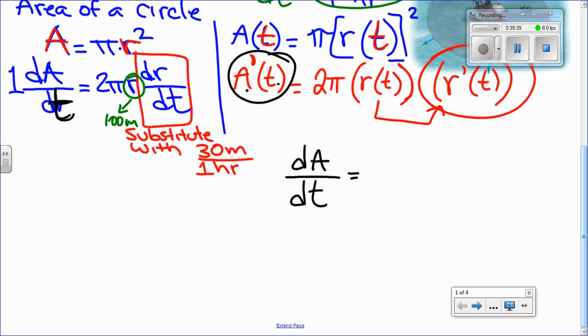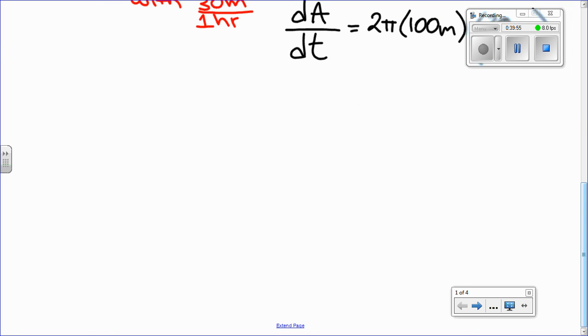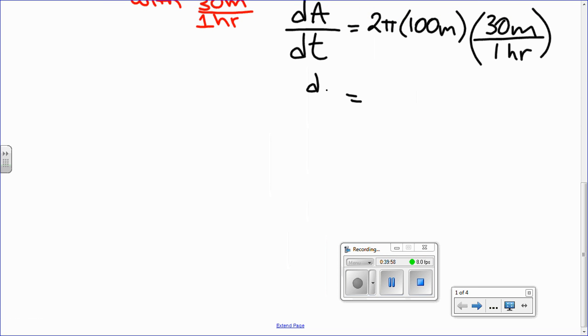Okay. And then, so here we will have 2 times pi, substitute r with 100 meters. And then we substitute the dr/dt with 30 meters, and here we will have 1 hour. And then we will also multiply the units to get the correct units for our answer, and so that will be dA/dt is equal to 200, oh well, what will this be, 200 times 30? 6,000? Wait, 6, and then with 3 zeros, right? 6,000 pi meters to what power? Square